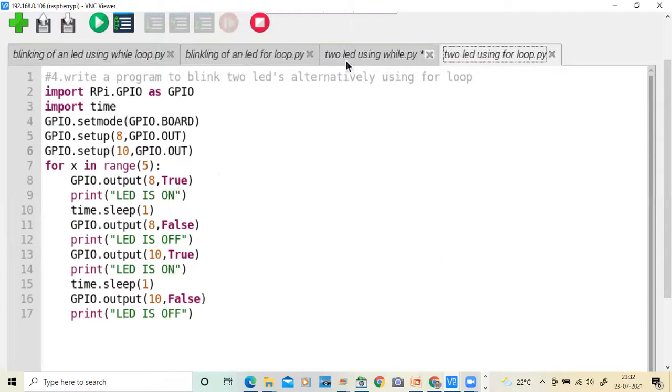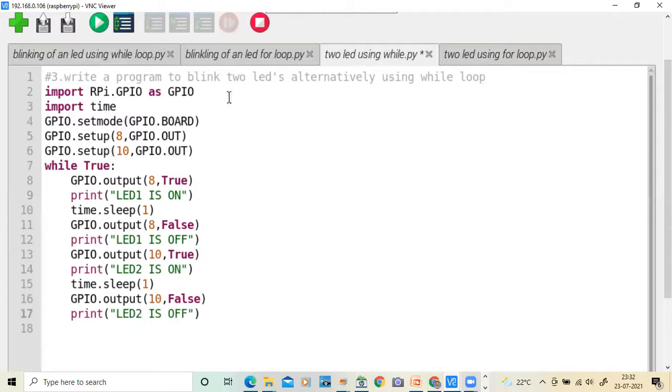Here let me change one thing: let me put LED 1 here, so that you can get better clarity. LED 1 is on, LED 1 is off. Now LED 2 is on, and LED 2 is off.